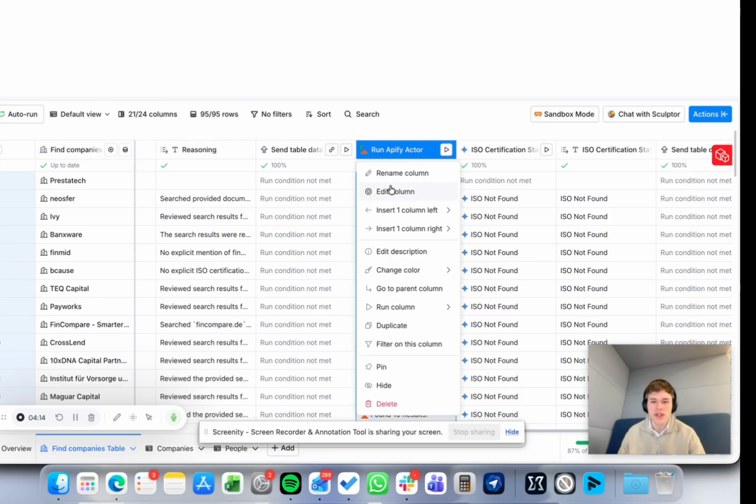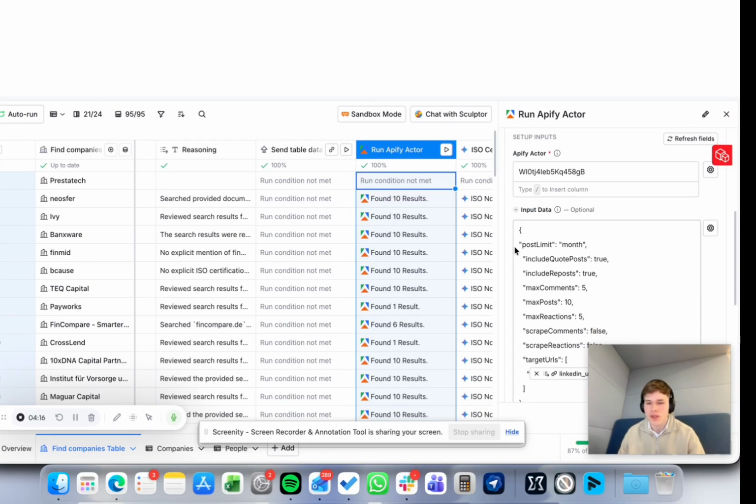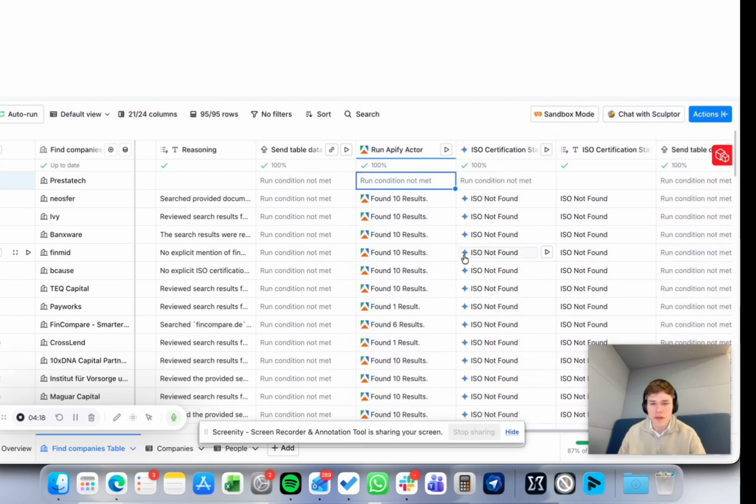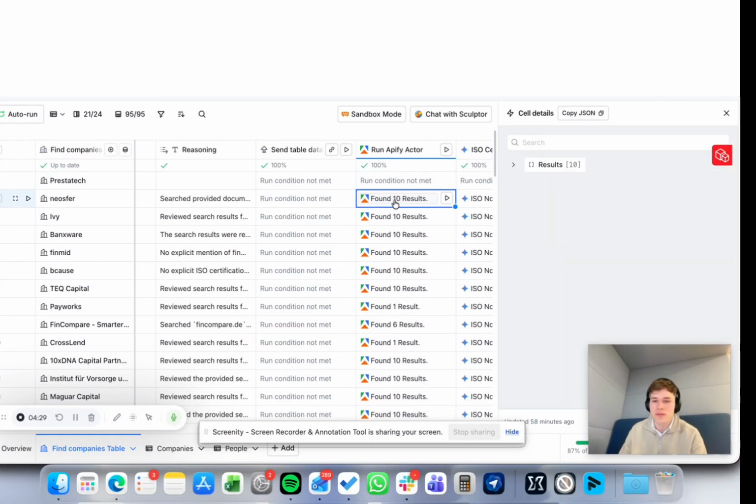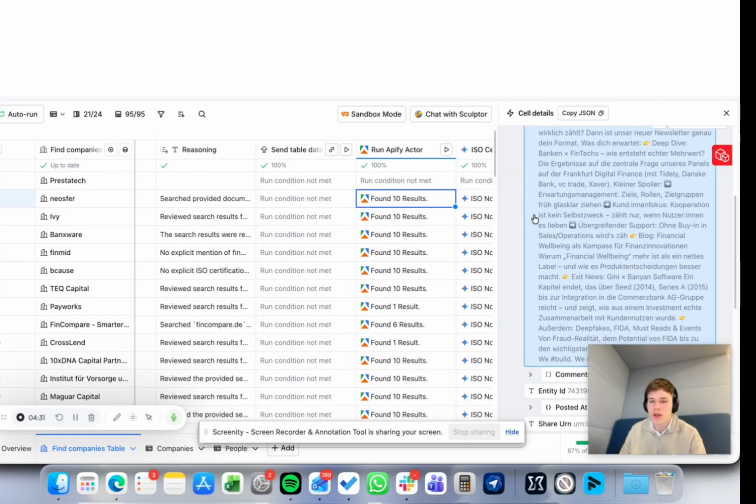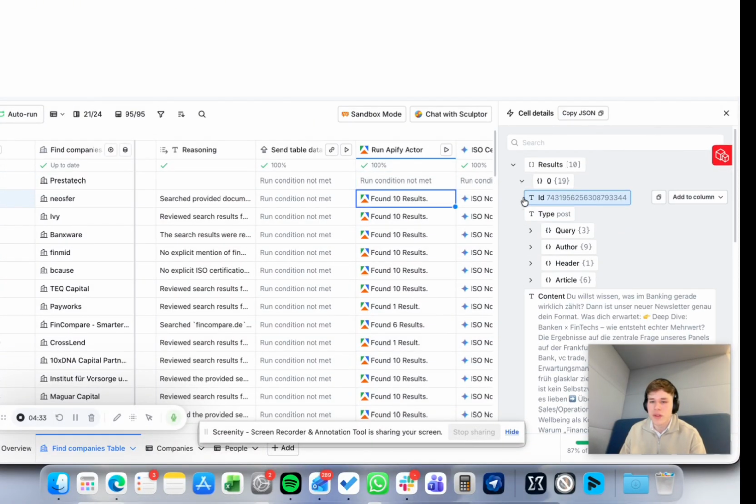And basically what it does is it's going to check, as you can see, post limit month. Each month it's going to scrape all company posts. I've limited it to 10 in this case, but each month it's going to scrape all company page posts from, in this case, Neosphere. So if we're going to click through the results, we found the content of their post,